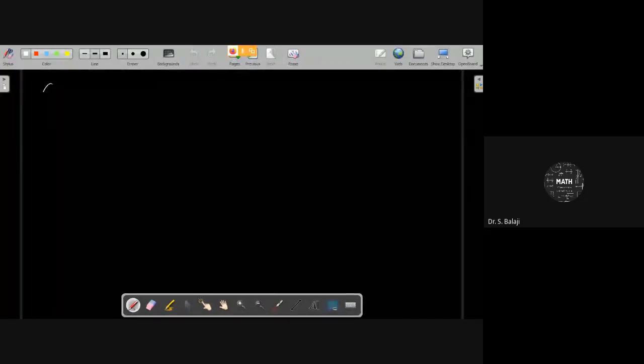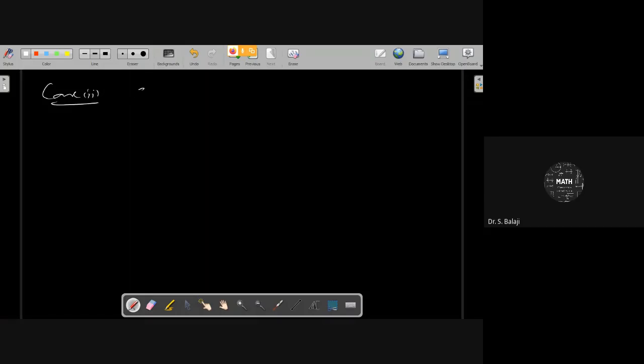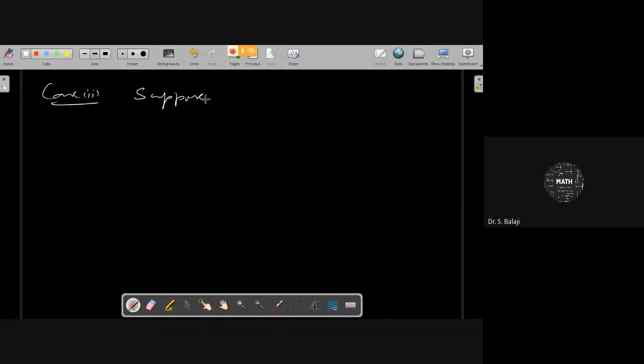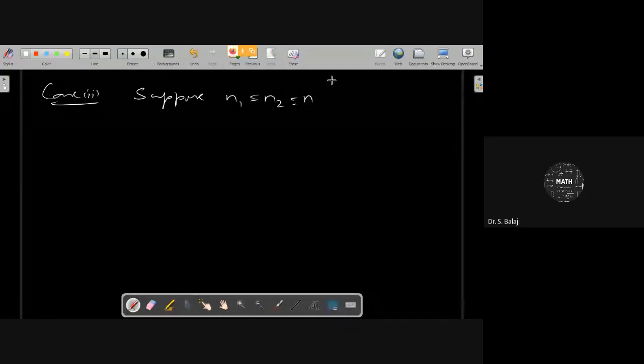Similarly, case 2: suppose n1 equals n2, and that value is equal to n. But the two samples are independent. They are not related in any manner. Then the test statistic is given by